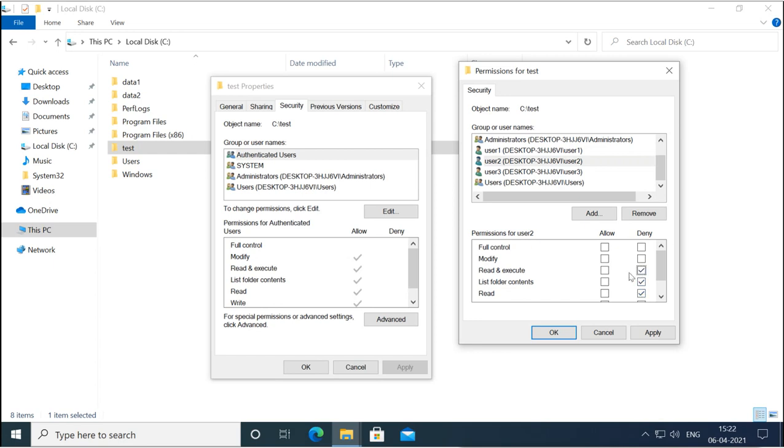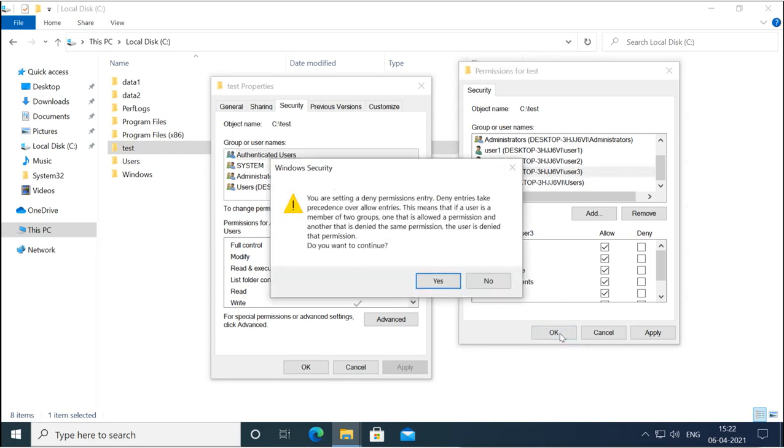Now it cannot read, so it cannot do anything. That means it is basically deny full control. Then for user 3, I can give full control. So for these three users, user 1 I give modify permission, user 2 I denied everything, and user 3 I allow full control. This is how we can assign the basic permissions.